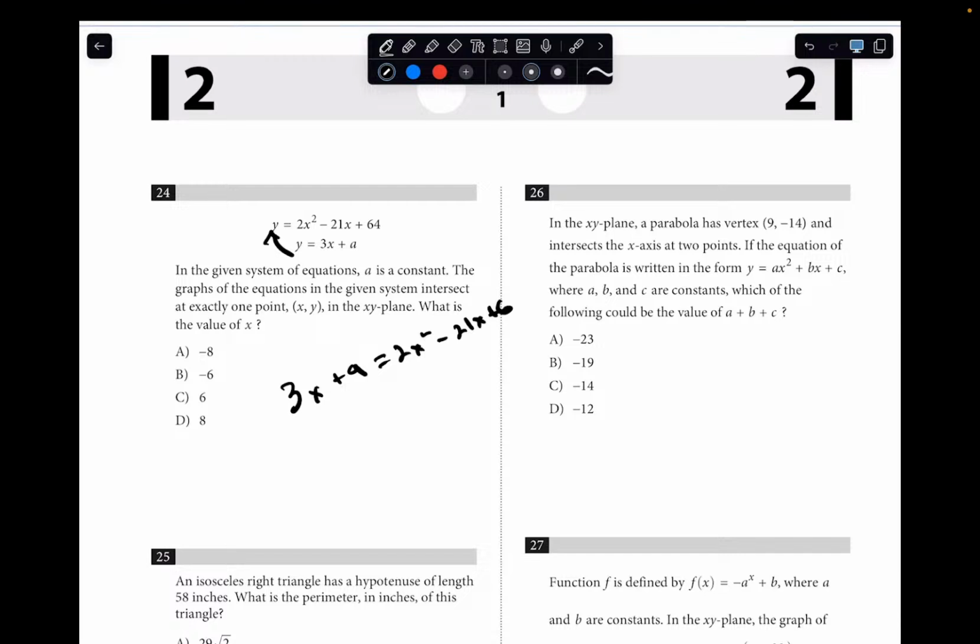If you simplify it out, that gives you 0 equals 2x squared minus 24x plus 64 minus a. Since the system of equations only has one solution, and that's a quadratic equation in the form